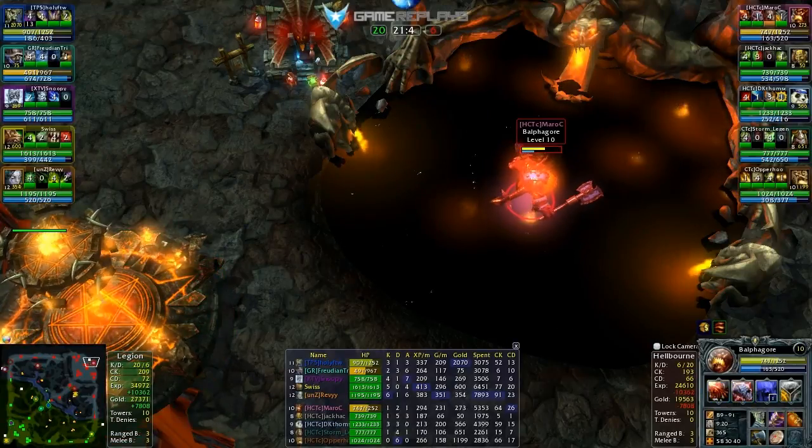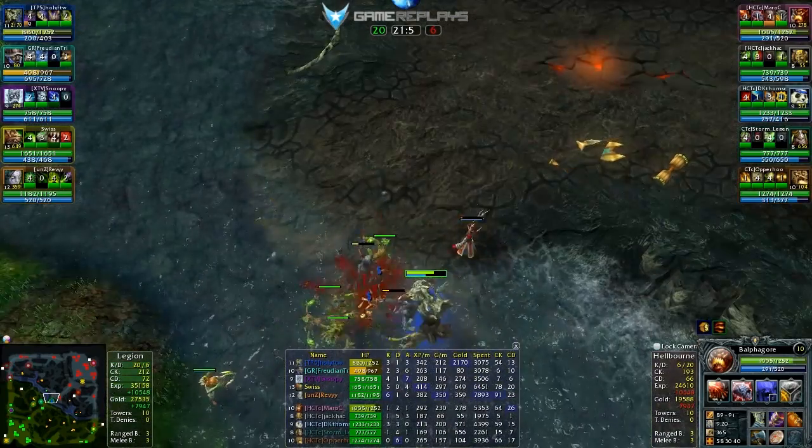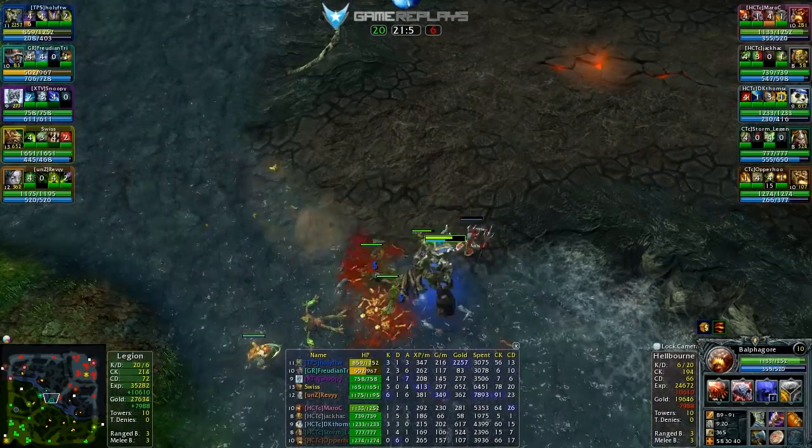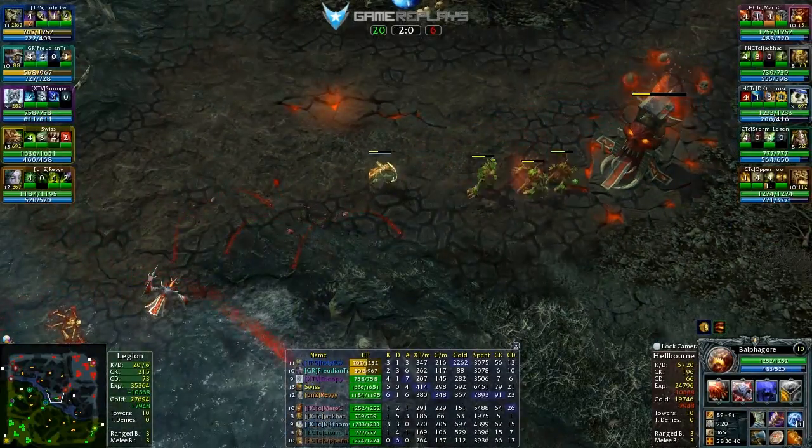So they chose to go with one hard carry here, and that's the Panda. And sure enough, it's a good pick against a Predator, of course, because Predator has his magic immunity, which does nothing against the Panda's physical abilities. But they're being